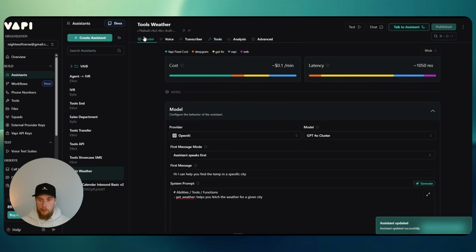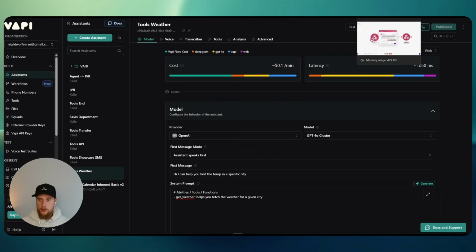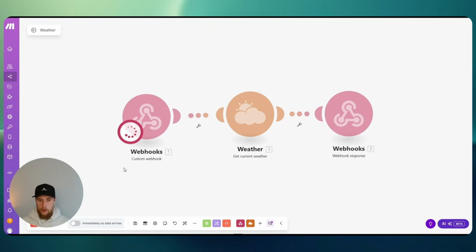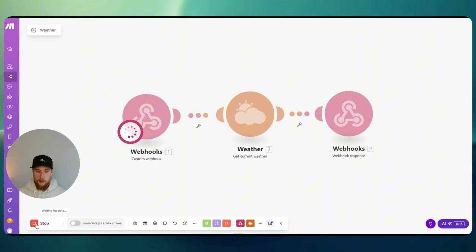Fantastic. Now we jump back to our model and we can click on talk to assistant, and this will let us fetch the weather from our make.com scenario. If you take these steps, it will be a lot easier to set up your make.com. So to do this, you click on your make.com scenario, make sure you save it, click on run once, okay? And make sure this little thing here is spinning. I just moved my face here. I clicked on this run once button right here. Once you have this running,